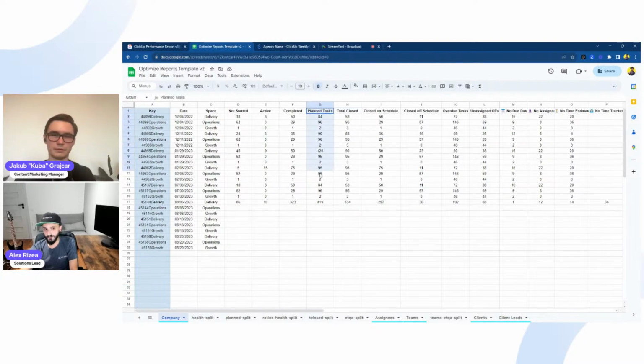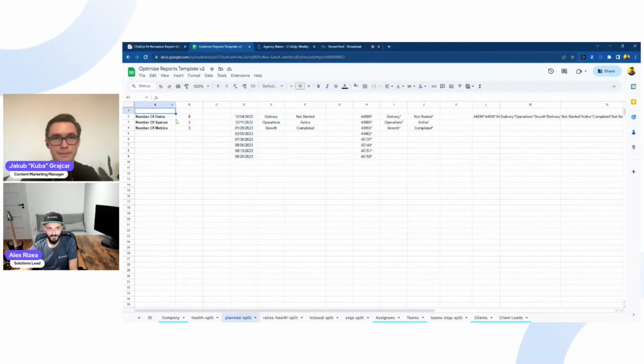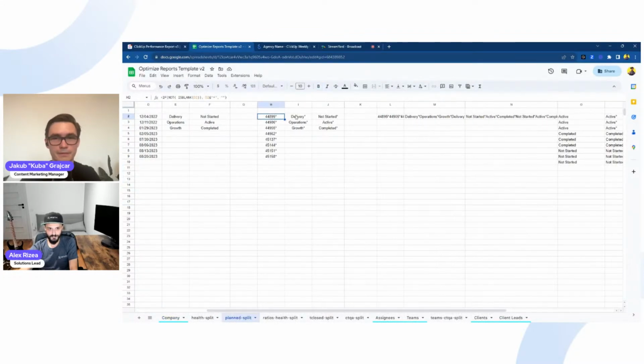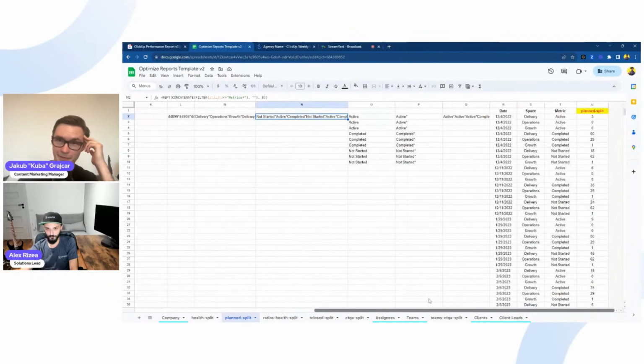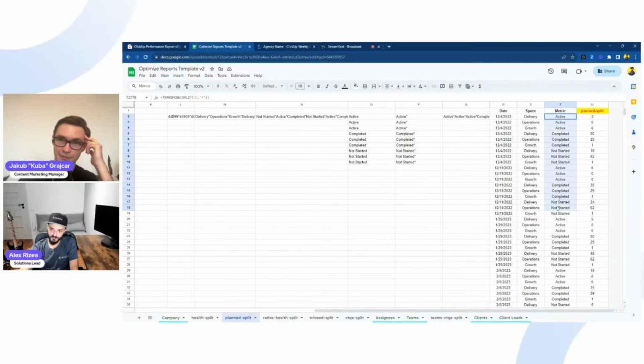For example, you might have this dimension, planned tasks, but you want to see it broken down by the type of tasks that fall under this category, like these guys. We can't do that. You need a column with all of these. So you need to pretty much get creative, and you need to get some pretty nifty formulas to find out the metrics that you want to be transposed in that location. So this can be simple, can be more complex. Definitely get something like this. Get all of our main metrics as a separate column, a separate sheet.